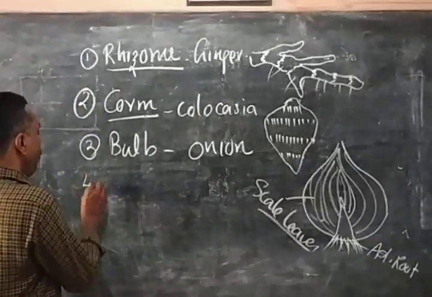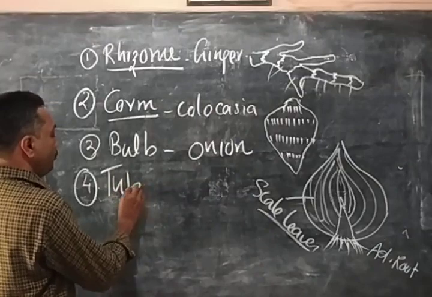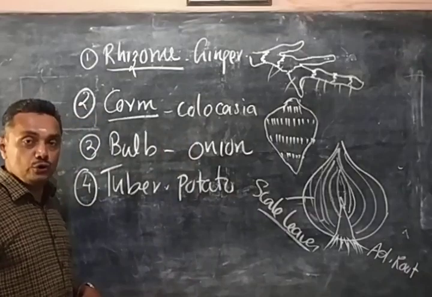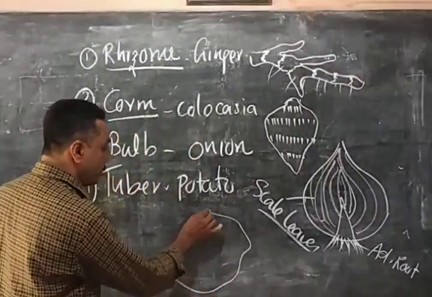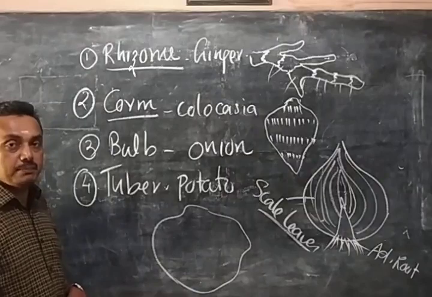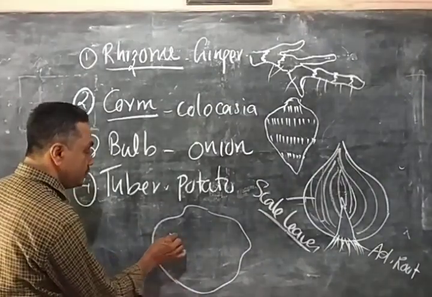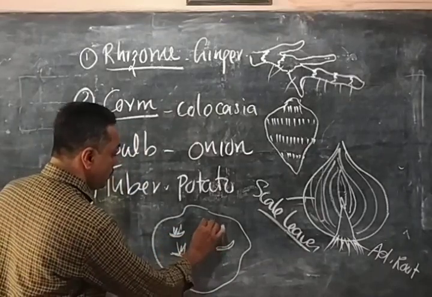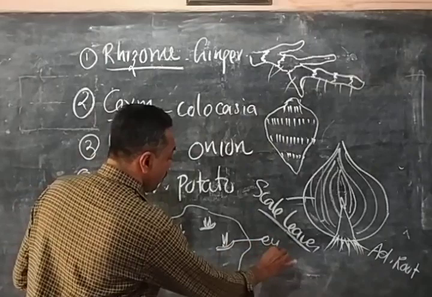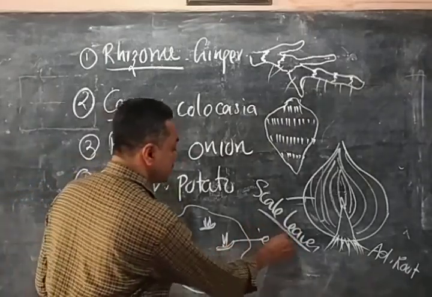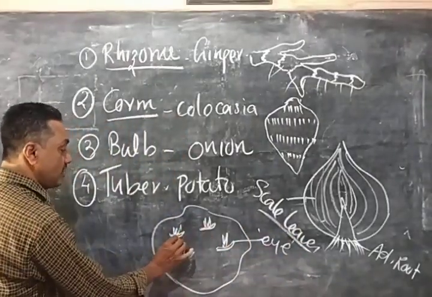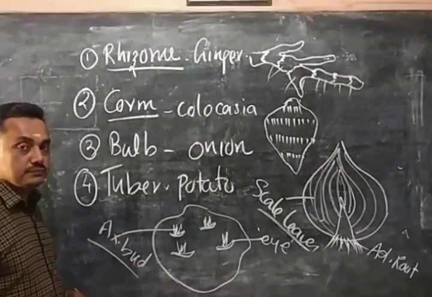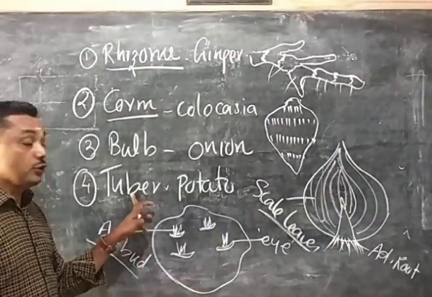And the fourth one is a structure called a tuber, in plants like potato. You know the example, potato, a tuber without a particular shape. It has nodes like that, small structures with an axillary bud. See, a small bud is there. These structures are called eyes. They have nodes, and these are called axillary buds. You know what an axillary bud is? And these structures are called tubers.